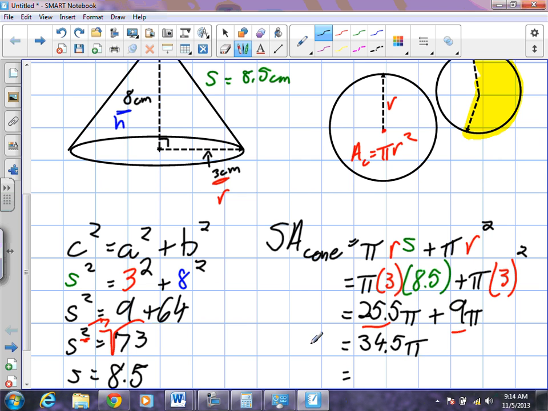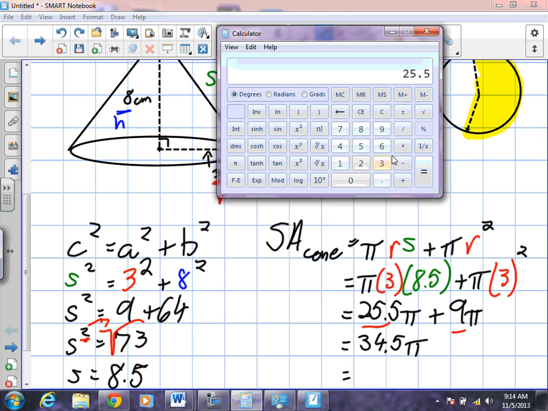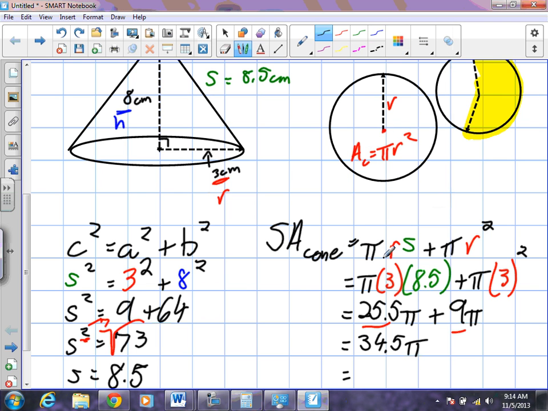Okay? So this was plus 9, 34.5, and I'm going to multiply it times pi, 108.38. And this is centimeters what? Squared, because it's surface area. So we're finding the area of this